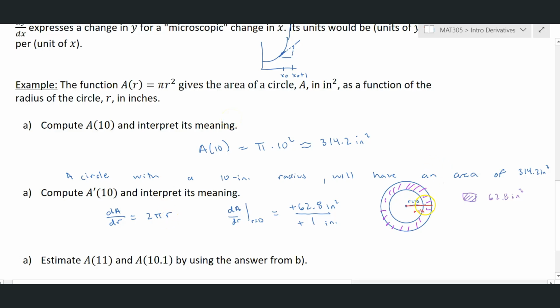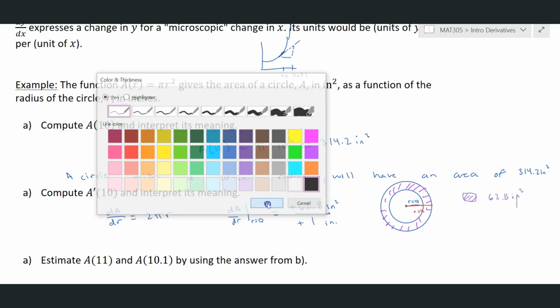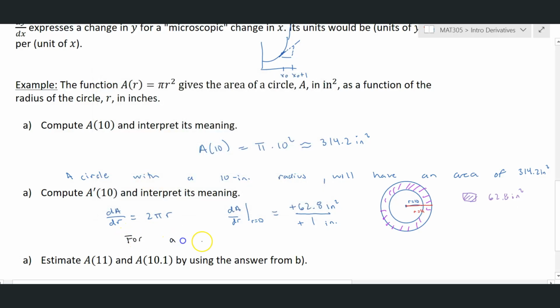So for a 1 inch change in radius, the increase of the area of a circle gets larger and larger as that 1 inch increase is on a larger and larger radius. So I will state it like this. For a circle with radius 10 inches, if you increase the radius by 1 inch, we expect, or we estimate, a 62.8 square inch increase